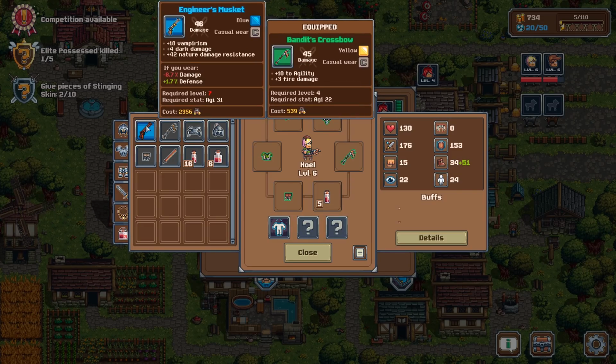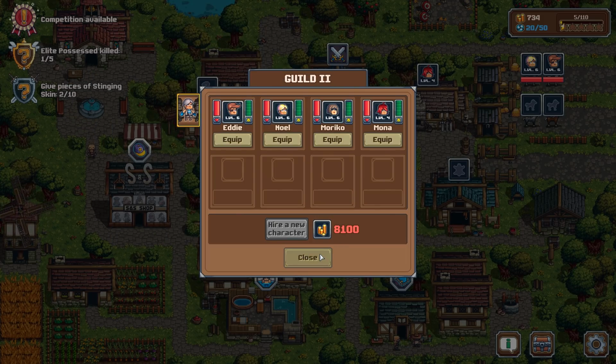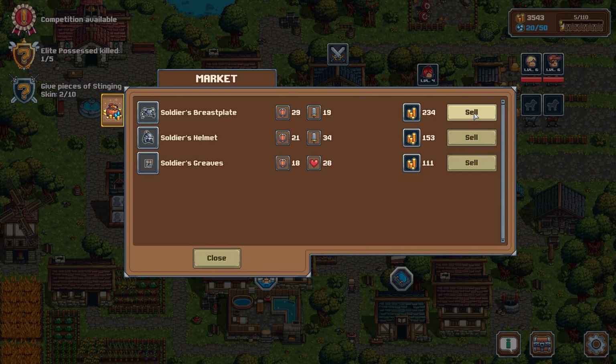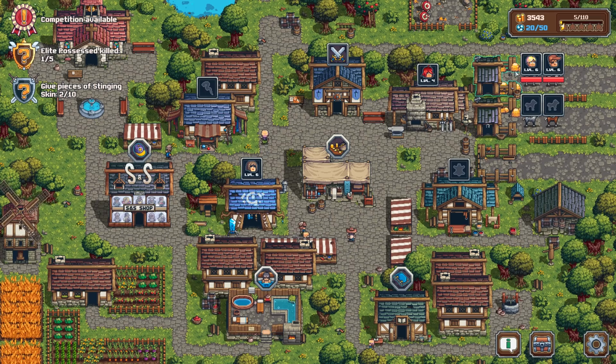Equip Noel. And less damage. Okay. We get vampirism for some reason. Dark damage and nature damage resistance. Okay, sounds like some kind of Van Helsing thing. However, that does get us 2,300 if we sell it. We're going to sell it. Let's be utterly clear here. Yeah, that's fine. And we're left with the soldier stuff that we want to keep, which brings us up to